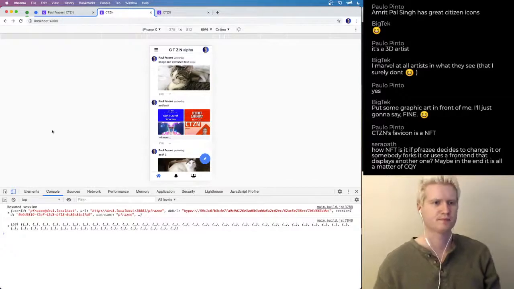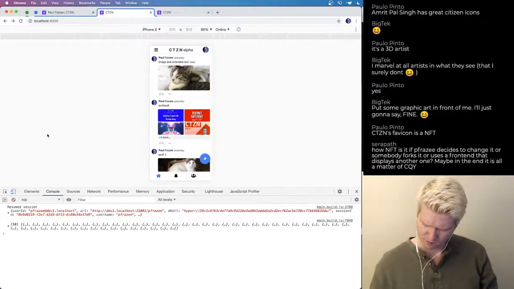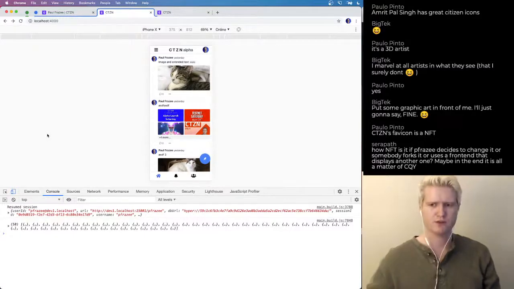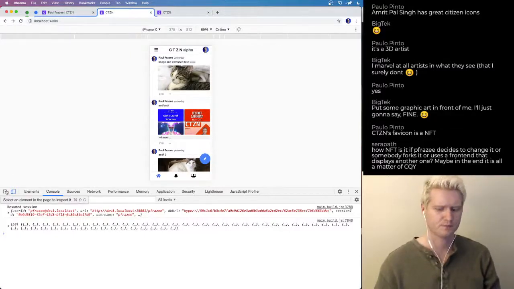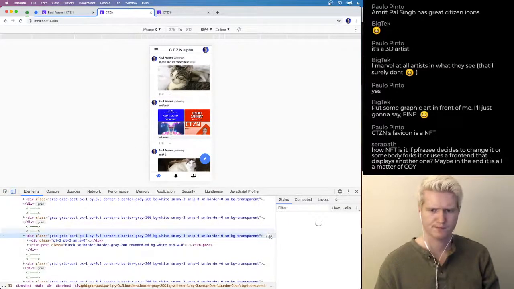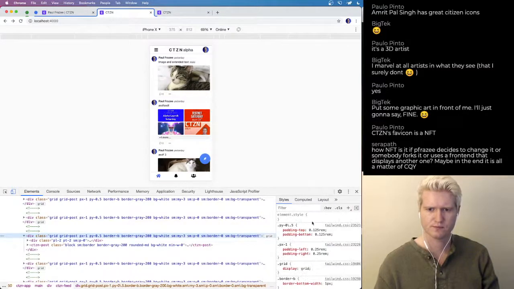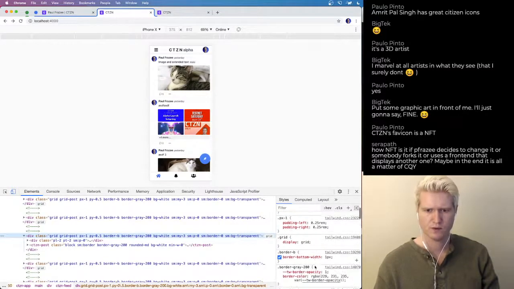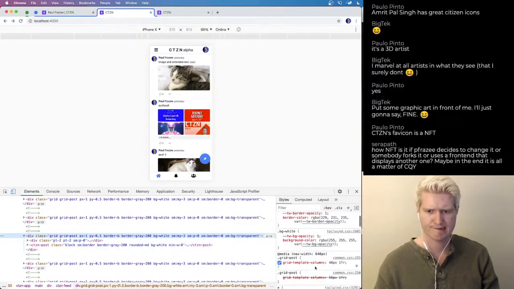So let's fix that, and then I also want to do little visual updates on the footer for mobile. So we're doing grid post here, and